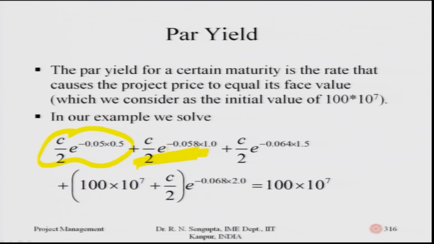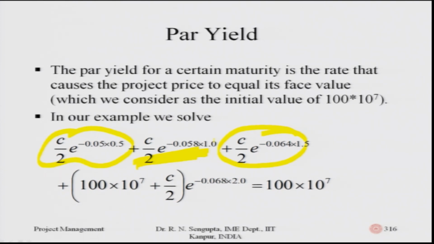And the present value of that amount after 1.5 years, the third term is the value. And when the overall project ends after 2 years, there would be two terms, one would be the 100 crores and another is the